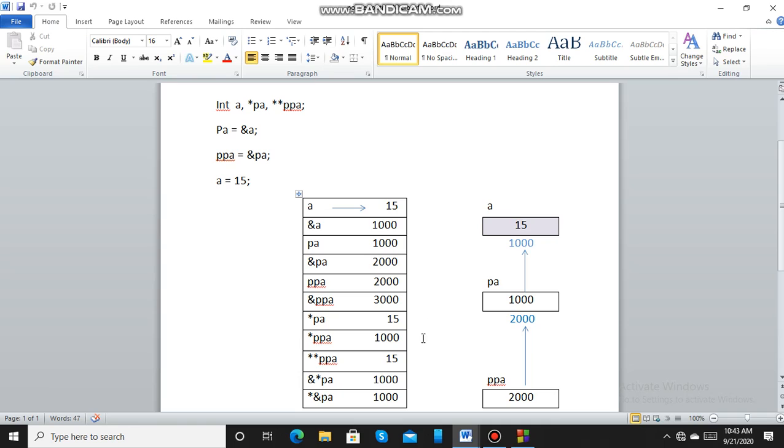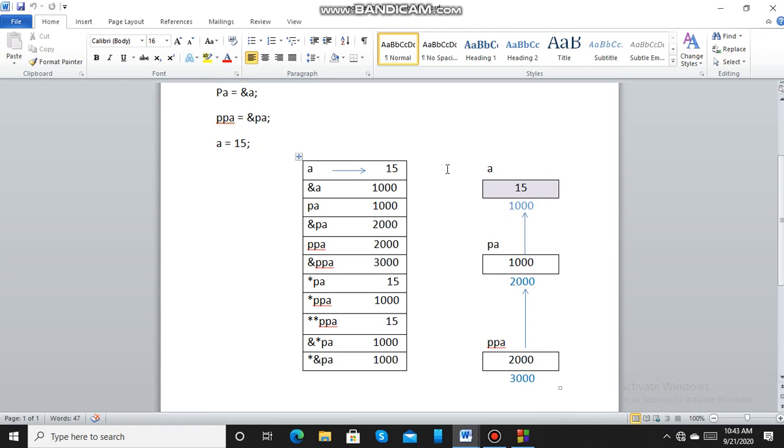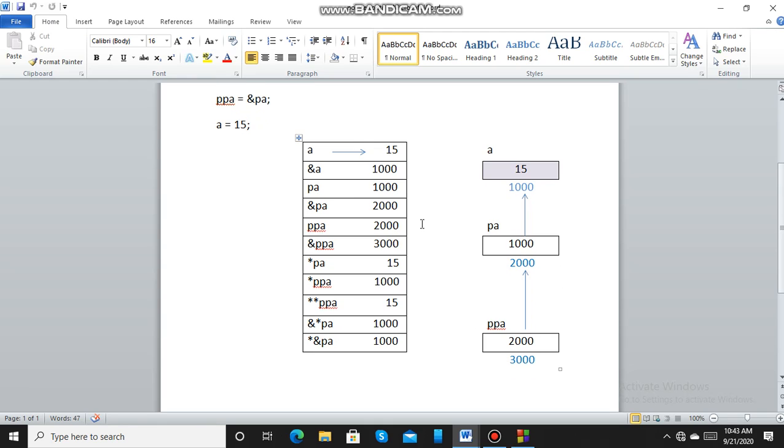That is, in this case, to retrieve the value of a, that is 15, you will have to use double star. If you have used double star at the time of declaration and at the time of retrieving you are using single star, then you will not get the value but only address. So in this example, this address 1000, 2000, 3000 were all assumptions.